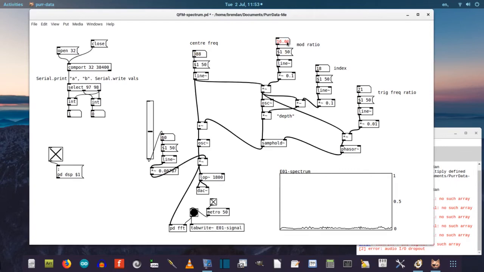So let's quickly get some interaction going here. What do we like to control? I can set the index and the trigger frequency ratio manually. I'd like to control the center frequency and the modulating ratio. So we need to work out a range. Let's go between, say, 50 and 1000 hertz. That's quite easily done. Remember from our FSRs, we're getting 0 to 255. So